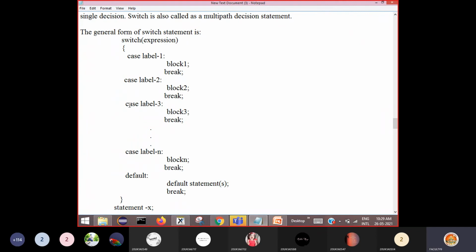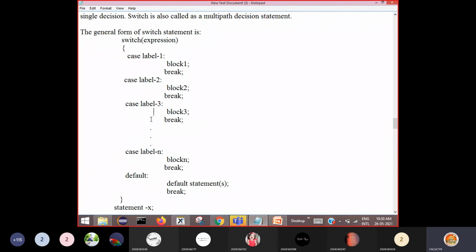If this is also not matching, then it tests whether case label 3 is matching. If matching, then block 3 is executed, and when you say break, control comes directly out of the switch and goes to statement X. Okay, so like this, it checks whether the value of the expression is case label 1, no, case label 2, no, case label 3, no, case label 4. Like this, it tries to find a matching label.